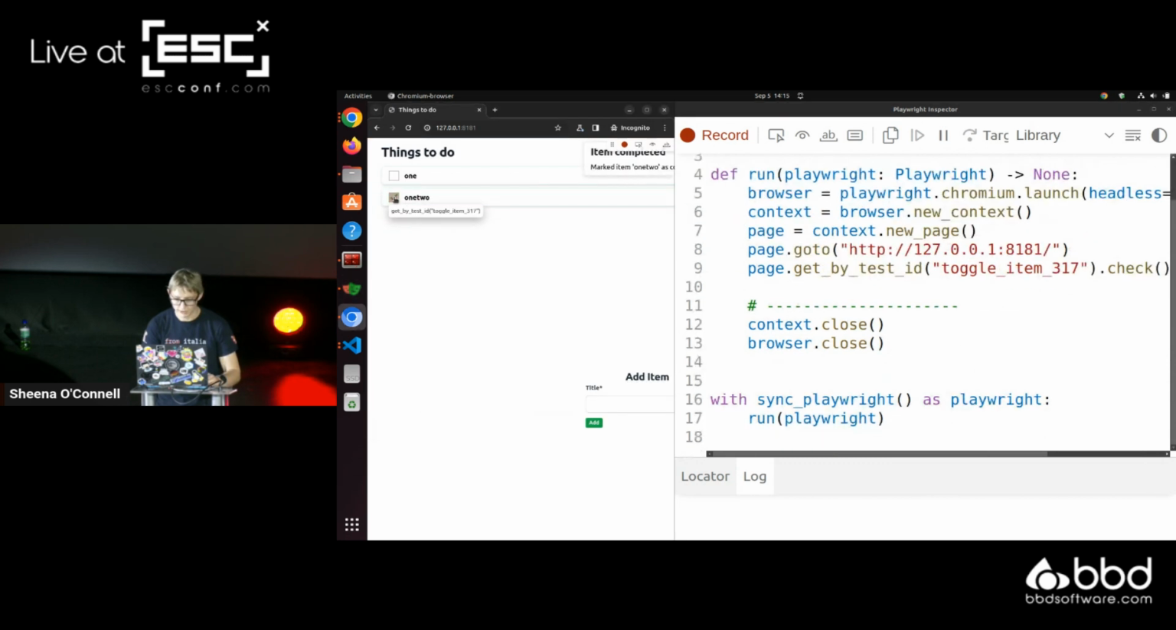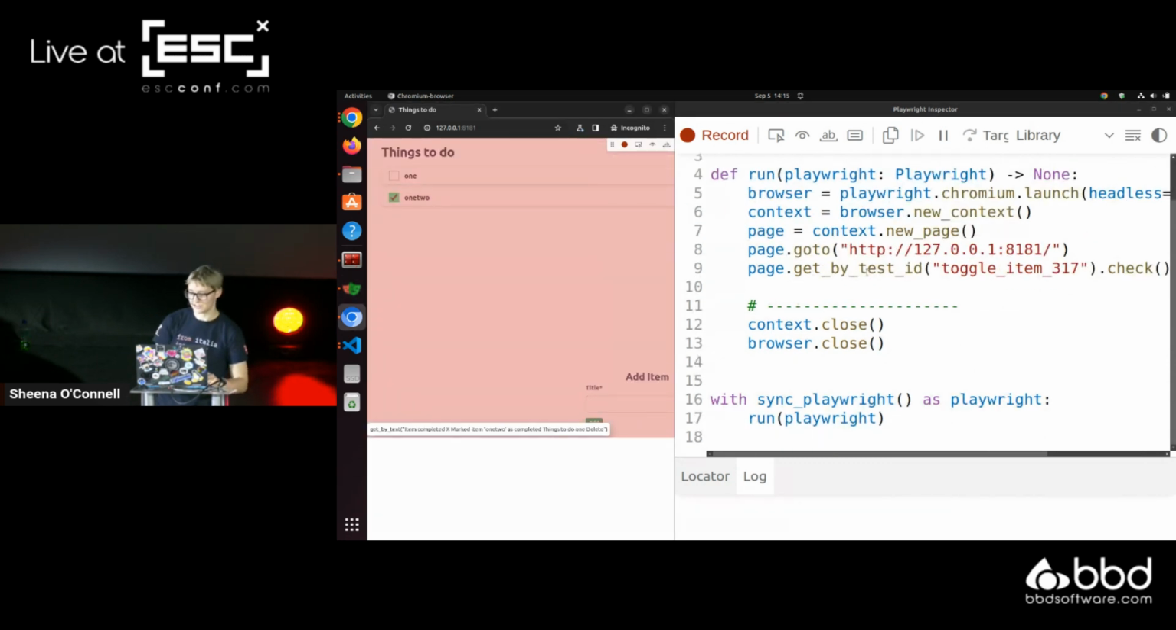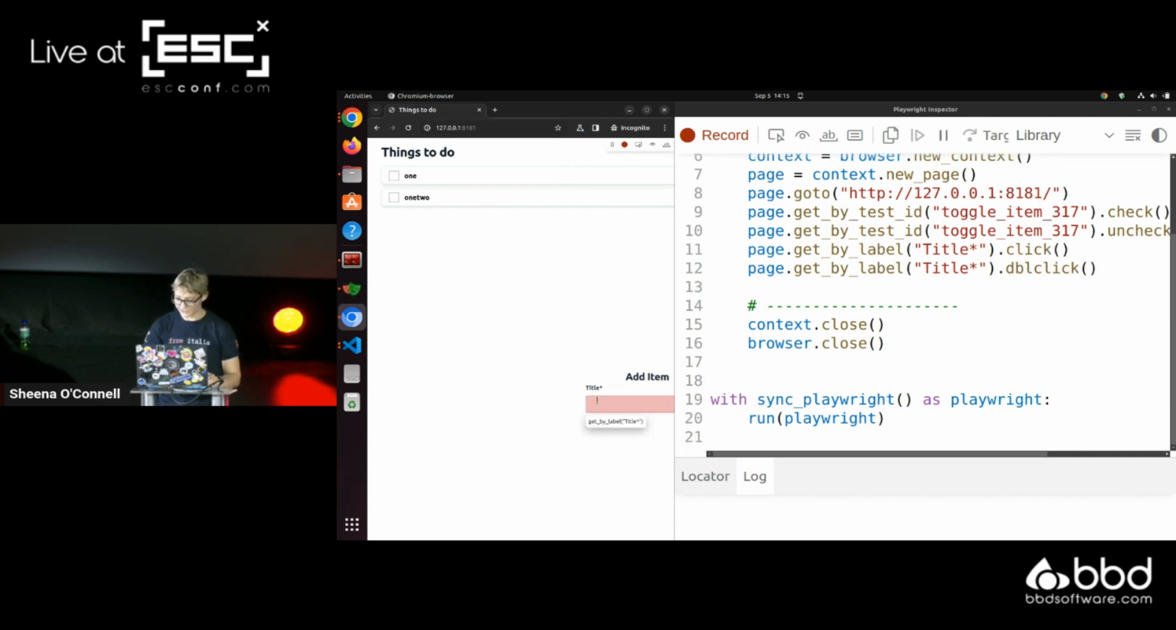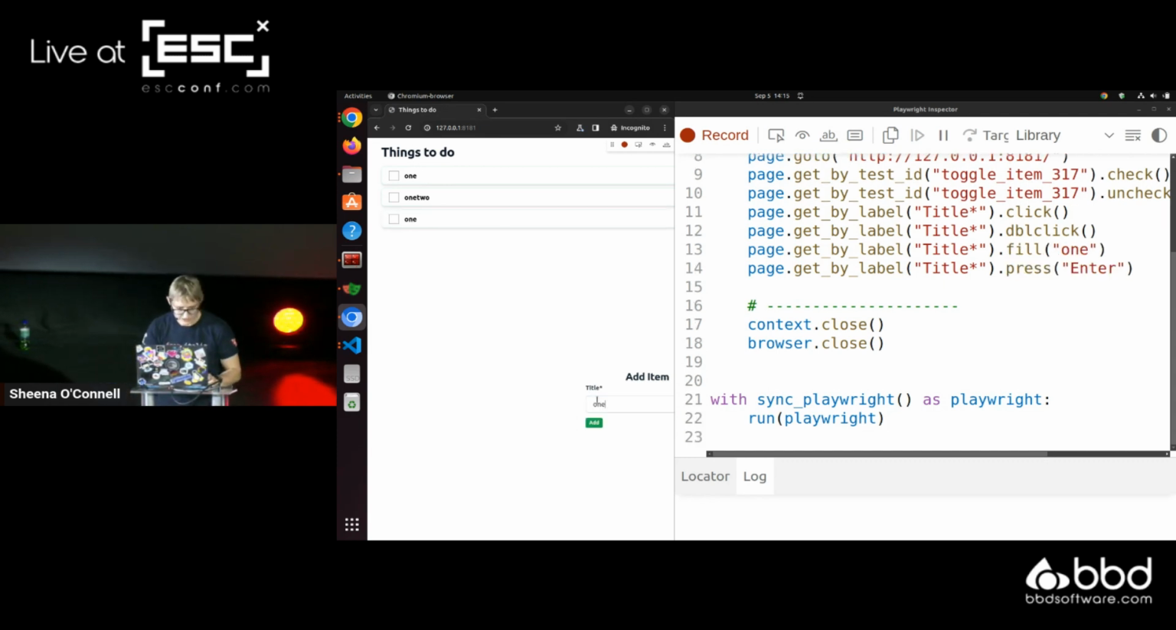I'm just going to tick that box, and you can see that a line of code appeared over here. It said get by test ID toggle item 317 dot check and dot uncheck. And I can click on this, or I could double click on this just for funsies. So I can do whatever I need to do. In this case, I want to write a test that asserts or expects that this title box will clear in between form submissions. So let's say 1, all right, and I'm going to press enter,